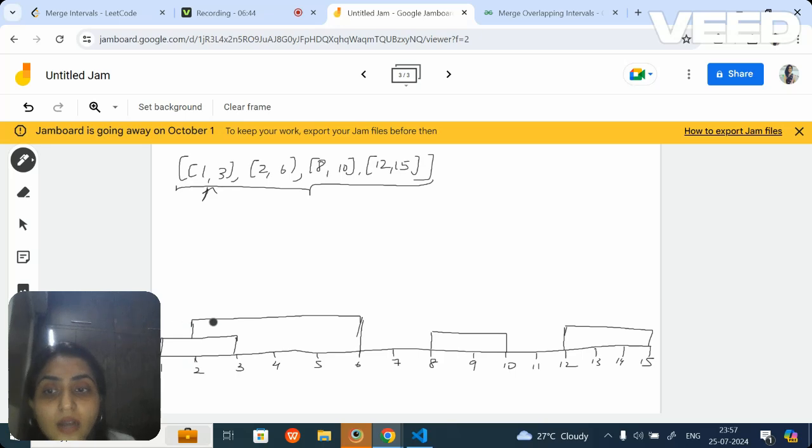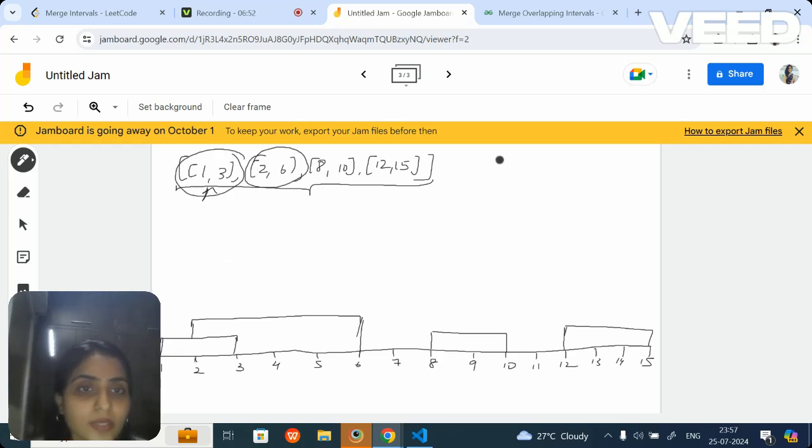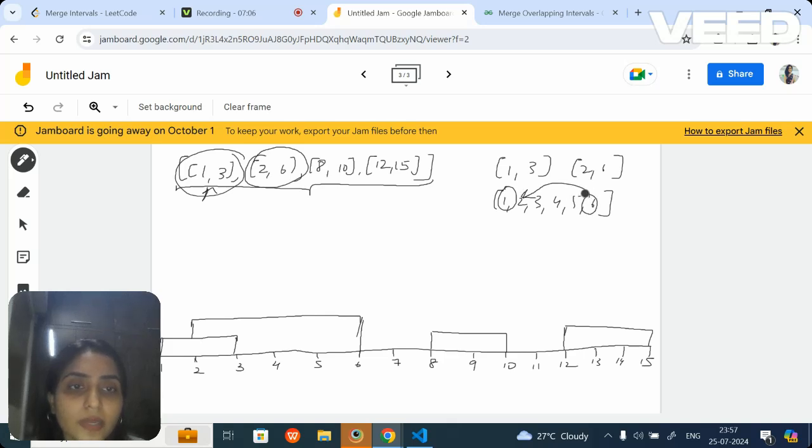That means these two intervals are the overlapping ones. So you get 1, 2, 3, 4, 5, 6. That means 1 to 6 is the merged interval.